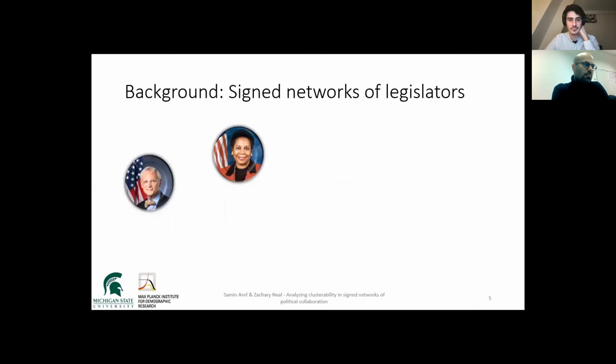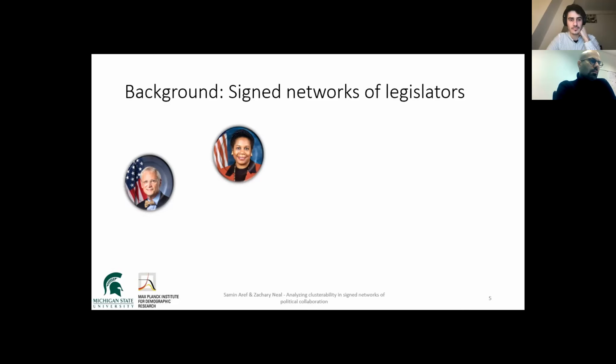Here you see two legislators from the US House of Representatives, Earl Blumenauer and Sheila Jackson Lee. So for our method of analysis, we construct networks where these legislators are nodes of the network. And the question here is, what is the edge between these two legislators? We use sign networks for our modeling, and there are two types of edges, positive edges and negative edges. So one may assume that as these legislators are both Democrats, their edge must have a positive sign, but actually